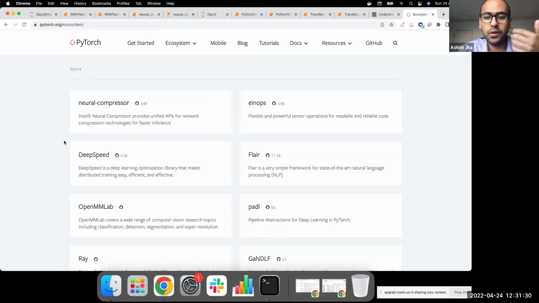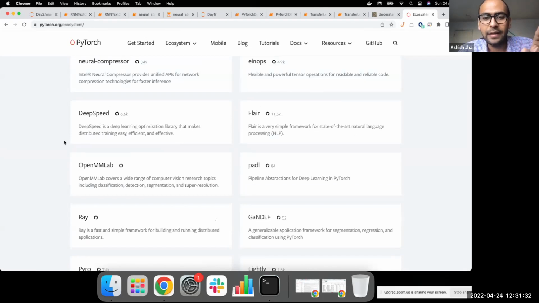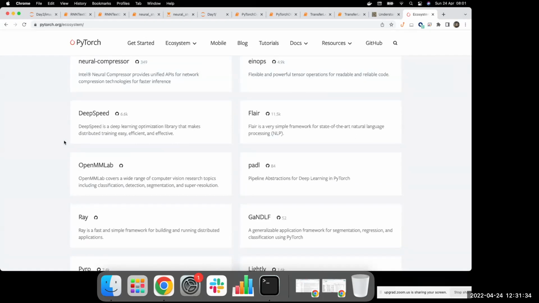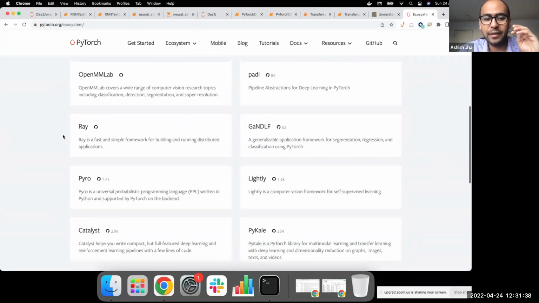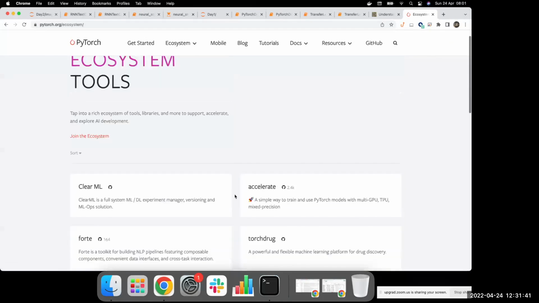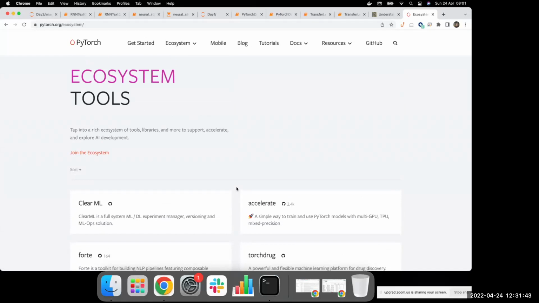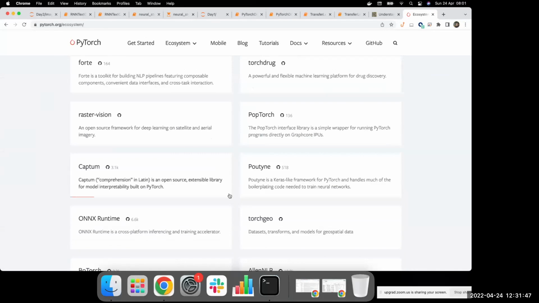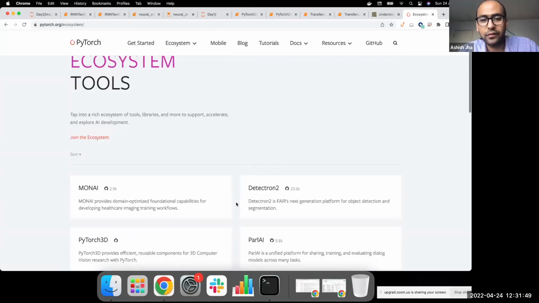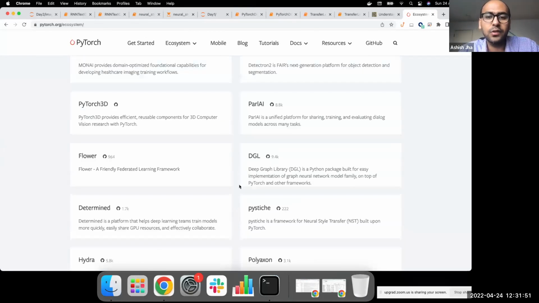No matter what you're working on, if you're working on explainability, they have good libraries here. If you're working on quantum mechanics, they have good libraries here. The amazing thing about PyTorch is that a lot of development is happening around this library, and so you have different kinds of very well maintained libraries which you can use together.